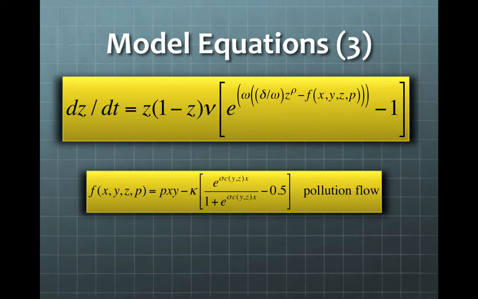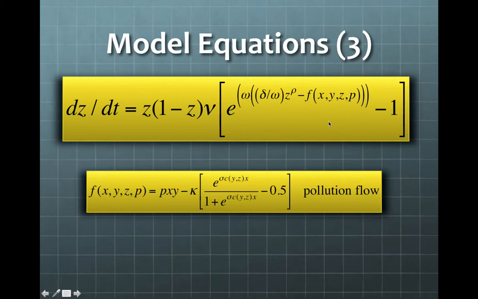All right, let's look now at the equation for the natural capital. If you look at the very first part, you have the change over time of the natural capital, and here you have a sort of logistic form. You have a coefficient, you have this product of Z times 1 minus Z, and so this is like a logistic with 1 being like a carrying capacity for nature. So 1 is the maximum natural capital that can be achieved, and this rate of change of natural capital is